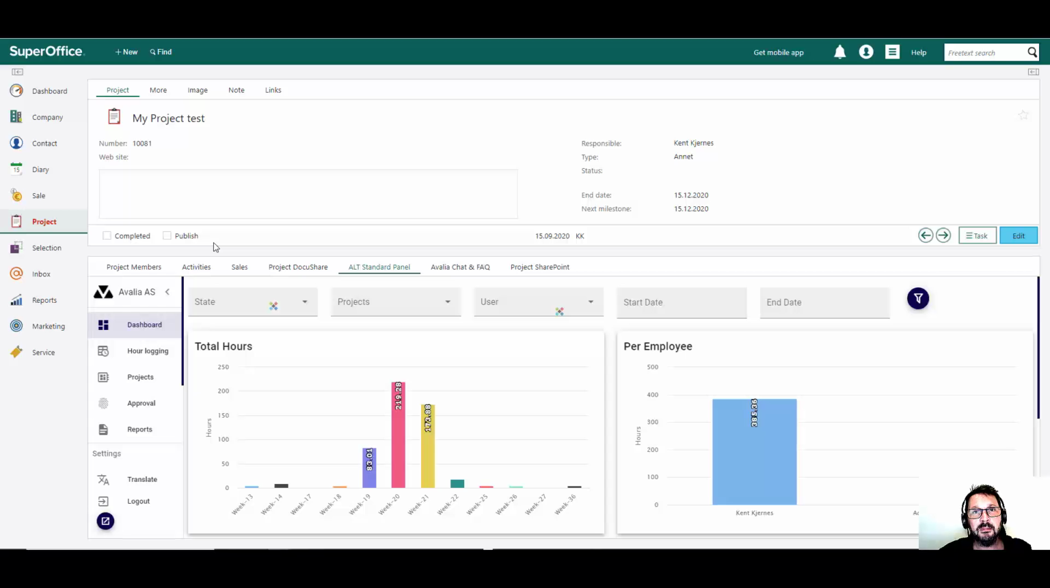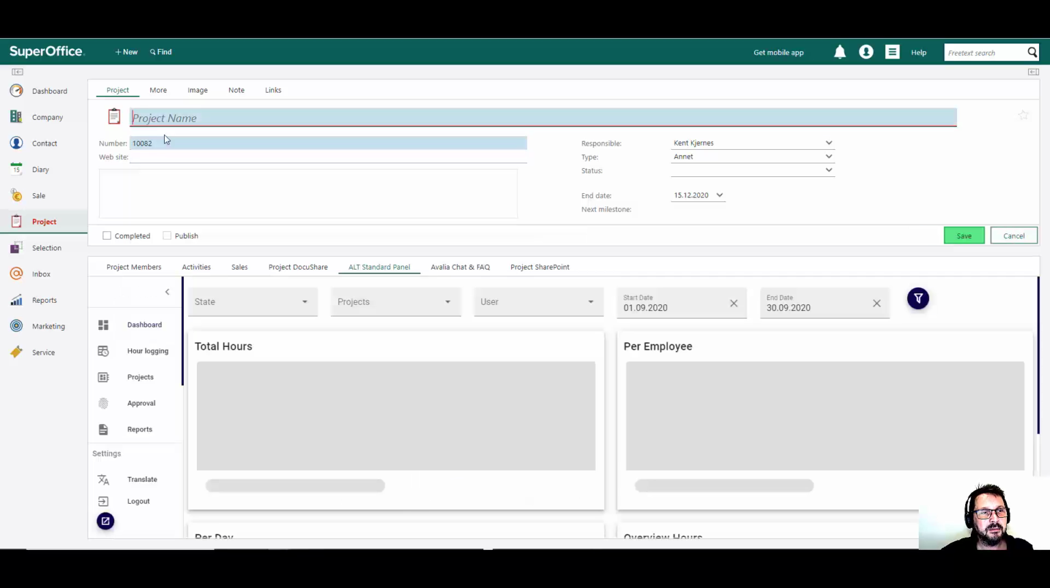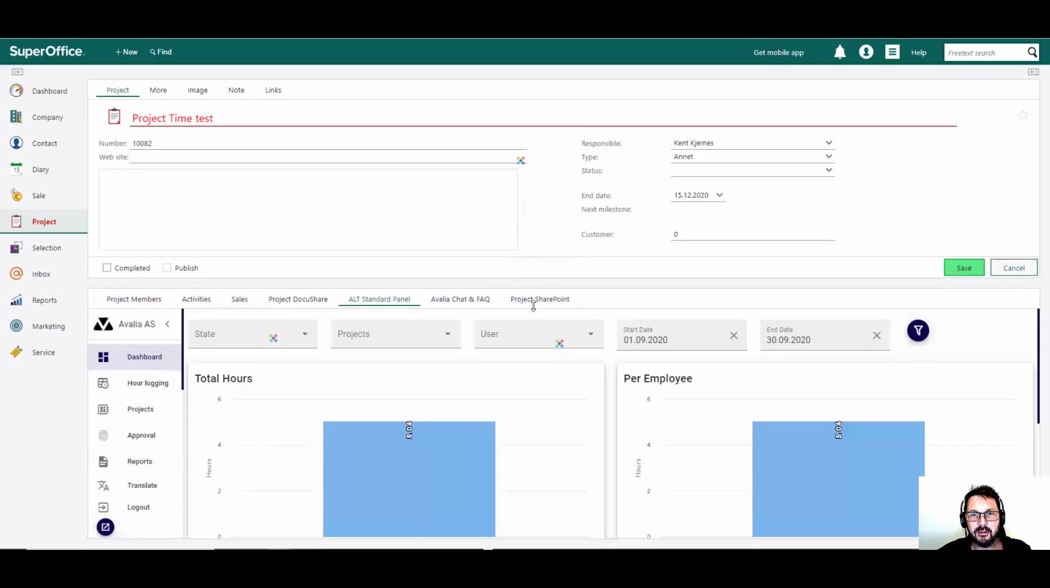So let's go ahead and go into my project, or I can actually create a new project so we can do it from the beginning. So I'm actually doing a new project. Let's just call it project time test. I can of course give all the other information that is needed here, but